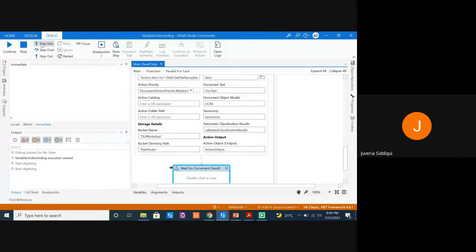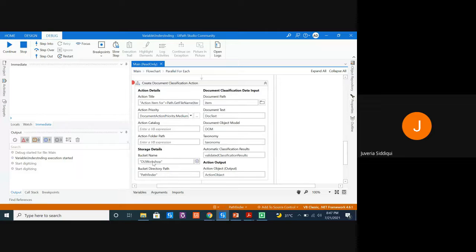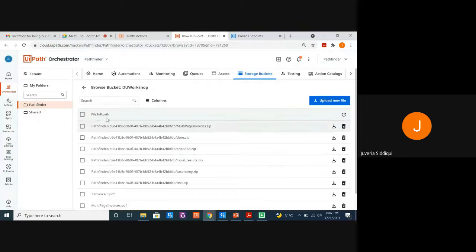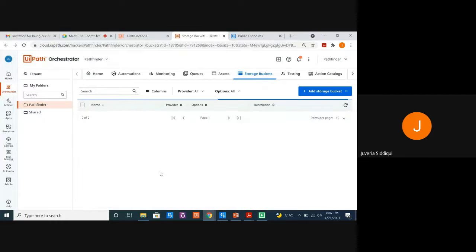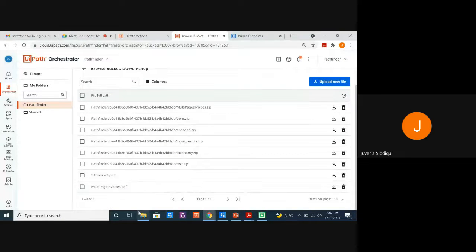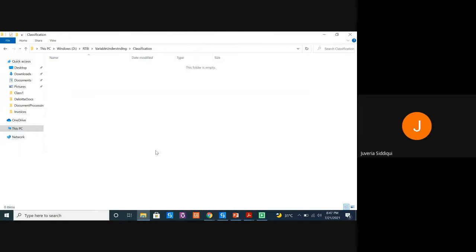All right. So if you see what happened, I'll tell you what the issue was. The first issue was I gave them a bucket storage detail as well, and I was giving an action folder path as well. So when I gave the action folder path, the bot was trying to validate these files, whatever I have in here. Yes, these DU workshop files. If you remember these two files inside this, but basically I kept this folder empty, so it was not able to find, and that's why it was giving me the error that we were seeing.